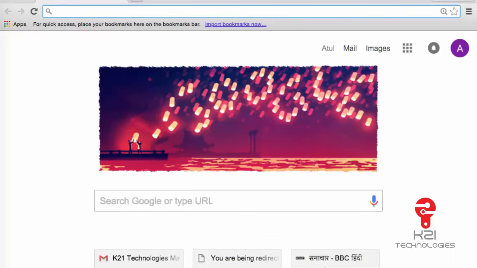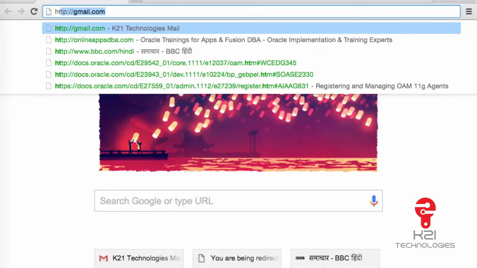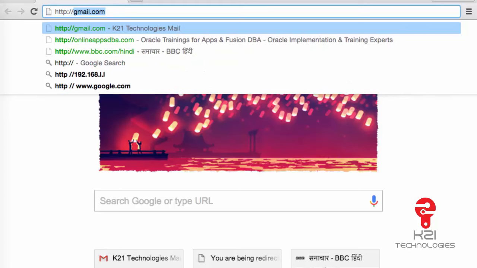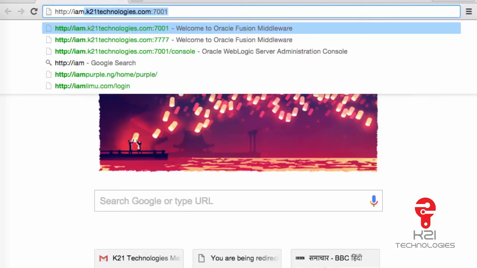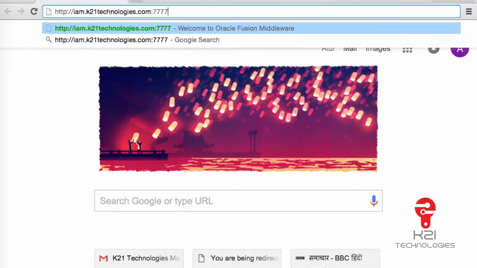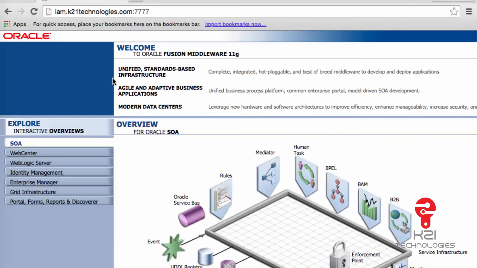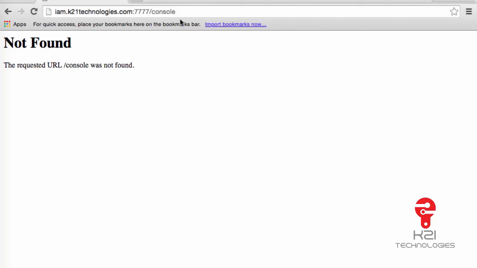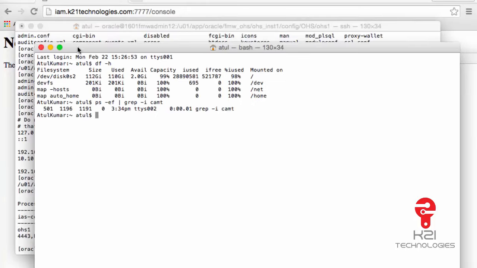If you look at the server, I'm currently connecting through the browser and trying to access first the Oracle HTTP Server page, which is im.k21technologies.com:7777. This is where my Oracle HTTP Server is running. So this is showing that it's an Oracle HTTP Server page. And if I type /console, since there is nothing configured, I'm getting the requested URL not found. So if I look at the server right now,